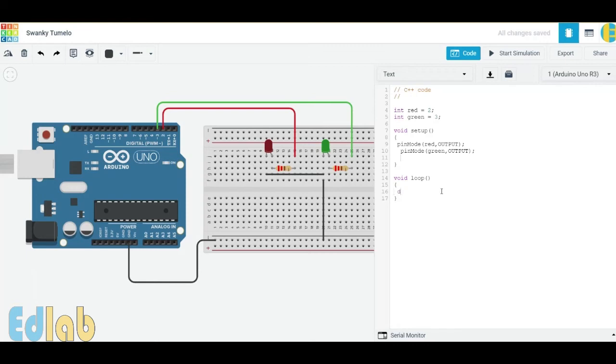The instruction we use here is digital, because these are digital pins and these are for output, so the instruction will be digitalWrite. When we want to turn on any digital output, we use HIGH. When we want to turn off, we use LOW. So if we want to turn on red, pin number 2, we use the variable red and just type HIGH.